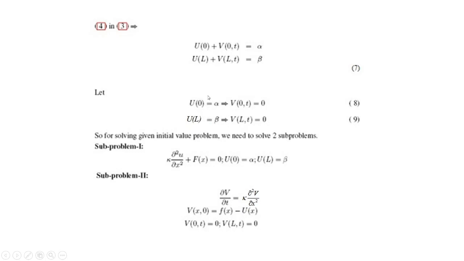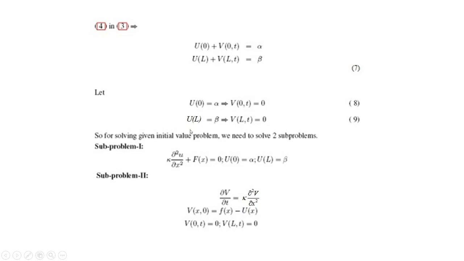While doing so, we have also got the conditions for the solution of equation 5, because equation 5 gives U, which was obtained by integrating twice with respect to x. When you integrate equation 5 twice with respect to x, it is obvious that we are going to get two constants, and to get the constants you have two conditions here: U at 0 is equal to alpha and U at L is equal to beta. So you can easily get capital U also, which can be used in the initial condition of problem 6.